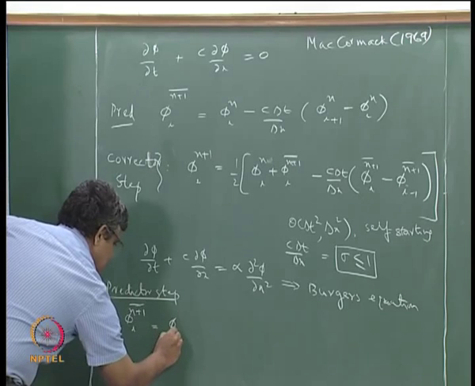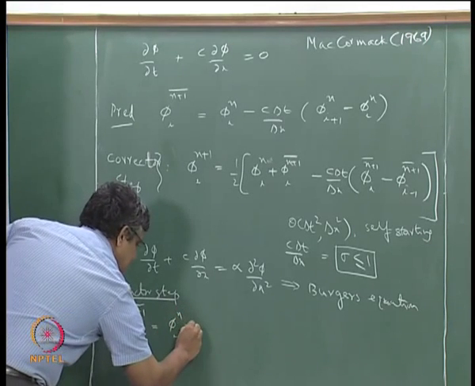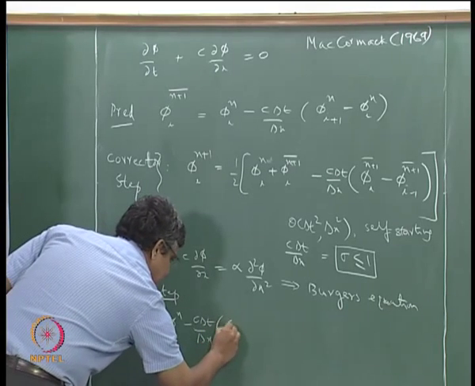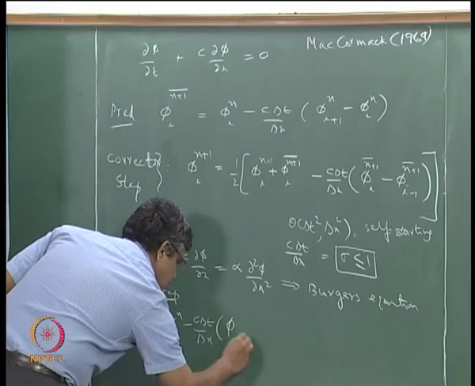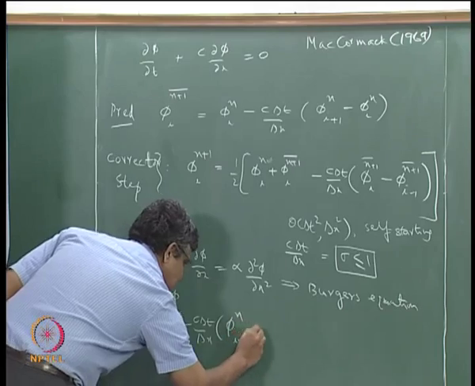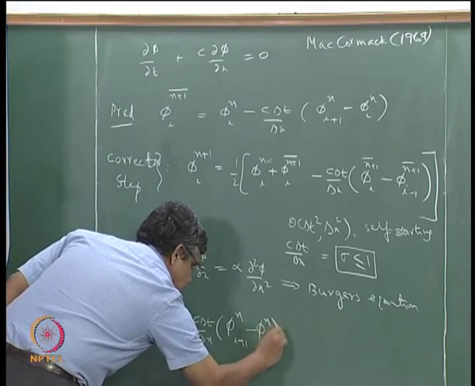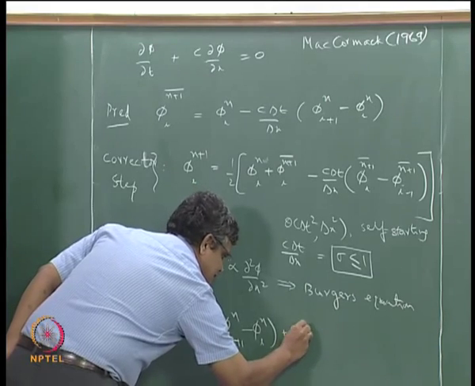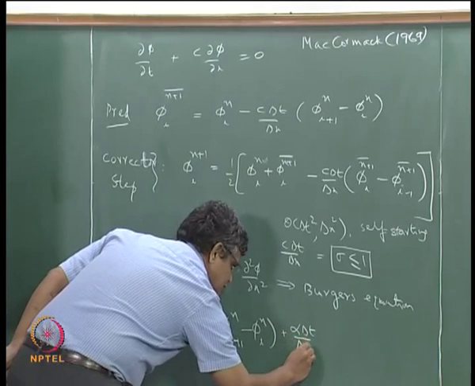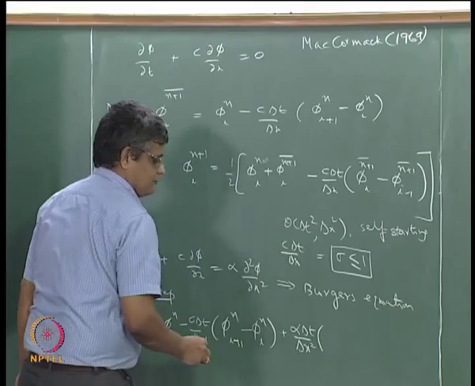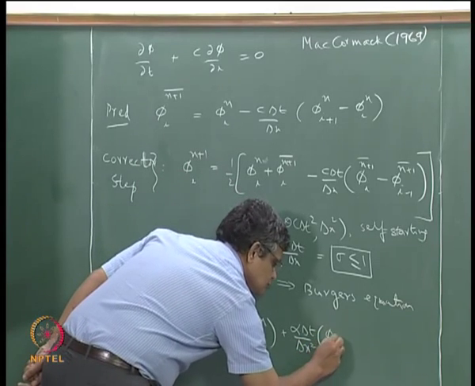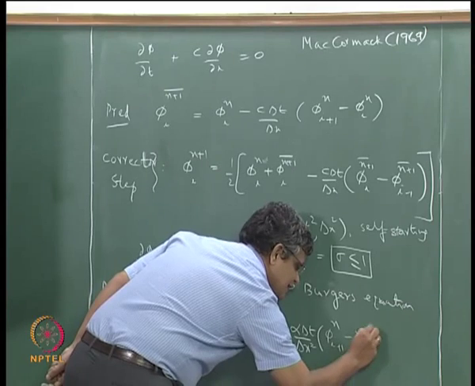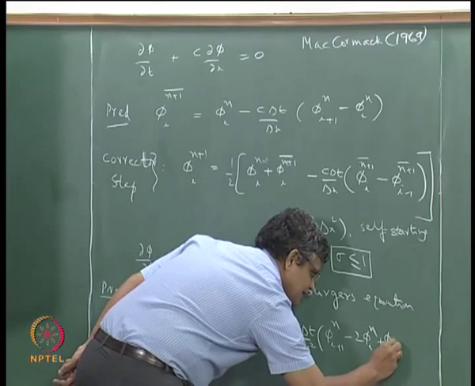So this is phi I n minus C delta T by delta x. We make use of forward differencing here, plus central differencing for the diffusion term: phi I plus 1 n minus 2 phi I n plus phi I minus 1 n,